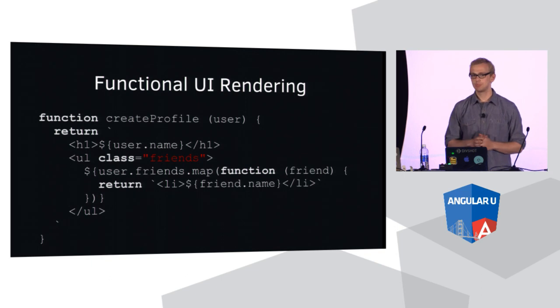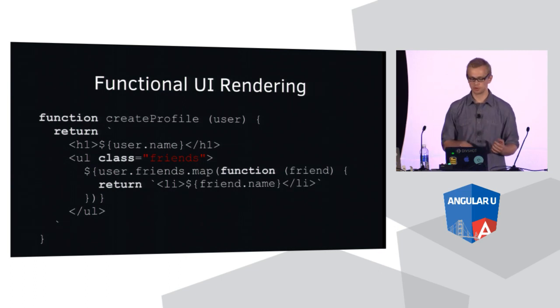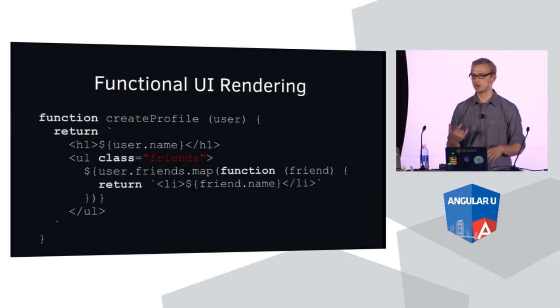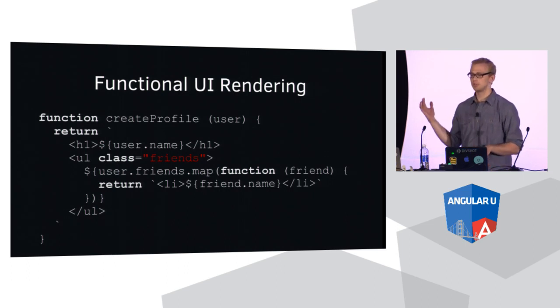So this is a pretty simple function for creating a user profile, like a little card with me and my friends. It's an ES6 template tag with some interpolation. And we're going to put my name up there, and then we're going to create an unordered list, and we're going to iterate through all my friends and put LIs in there. So the dream in front-end programming is that we could just do this, and then every time our data changes, we could just call this,